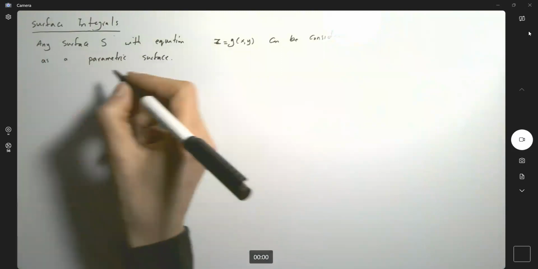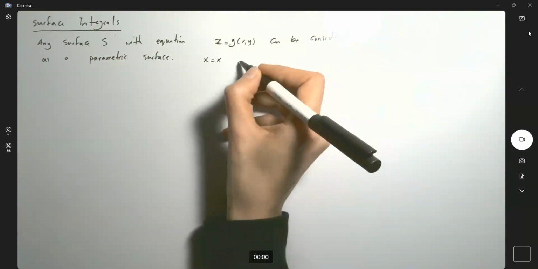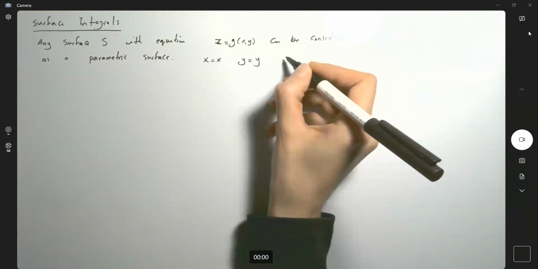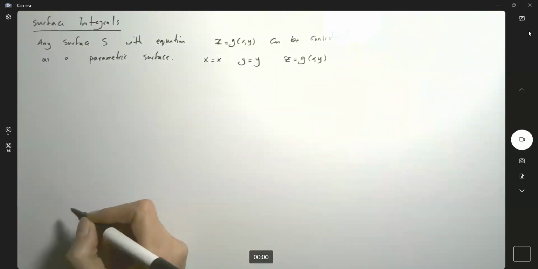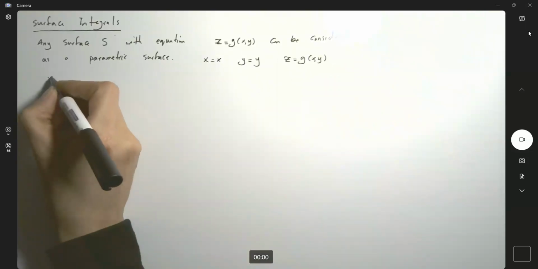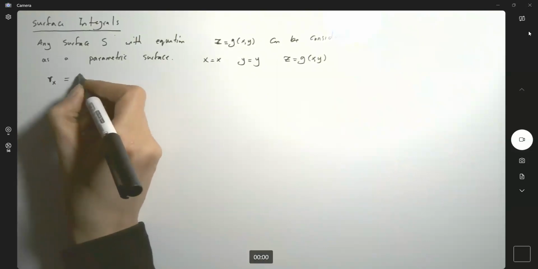Well, in this case, you might say, hey, what are the parameters? You can say that x is equal to x, y is equal to y, and then z equals g of x and y. So in this case, the partial derivative of r with respect to x is going to be